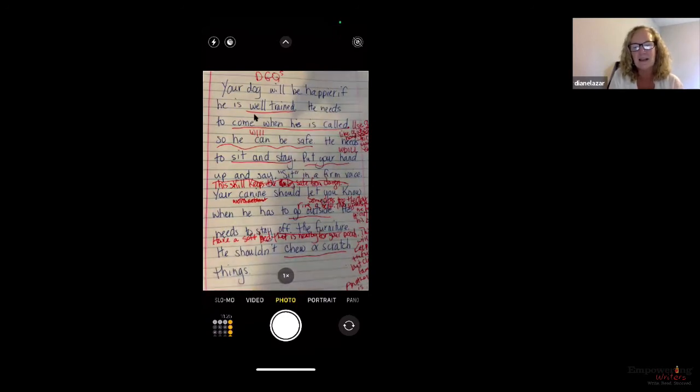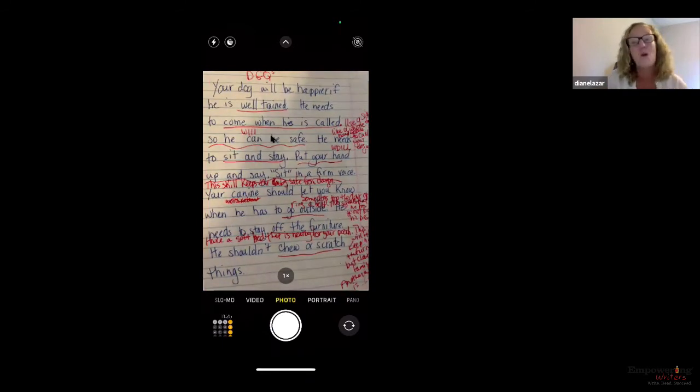Excellent. Good ideas. So what's happening here is this. I'm going detail by detail. I'm taking my students through the revision process because although the original piece wasn't bad, if I just say to my student, give more, or you need more detail, what happens? They have no idea how to do that.